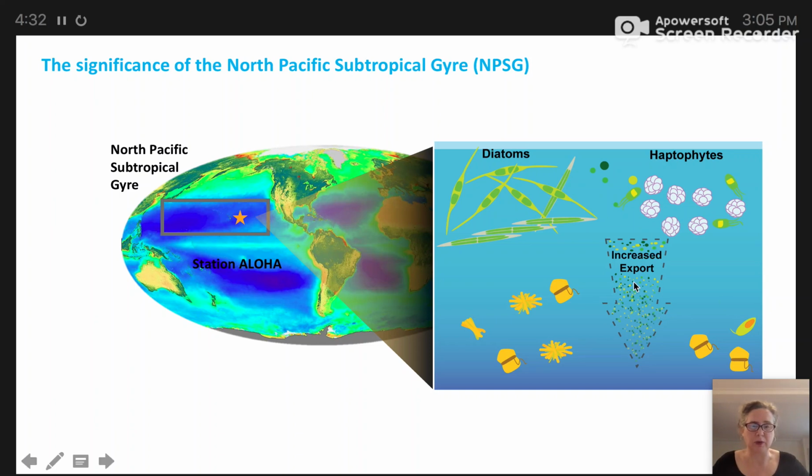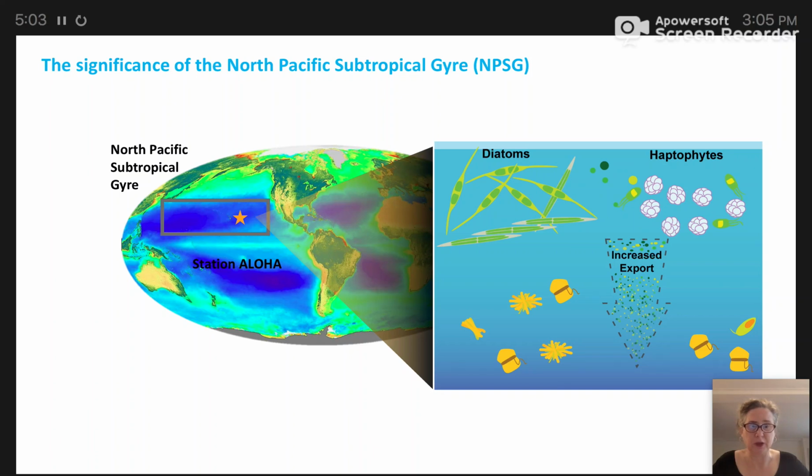However, under certain conditions, these organisms can play a critical role in this ecosystem by driving increased carbon export. That's because they can either proliferate or bloom with additions of resources like nutrients, and because both of these forms in this example biomineralize, silica with the diatoms and calcification with the haptophytes, they're large and they're heavy, and so again they can drive carbon export processes